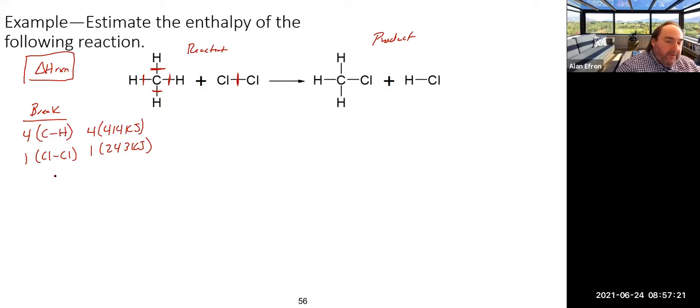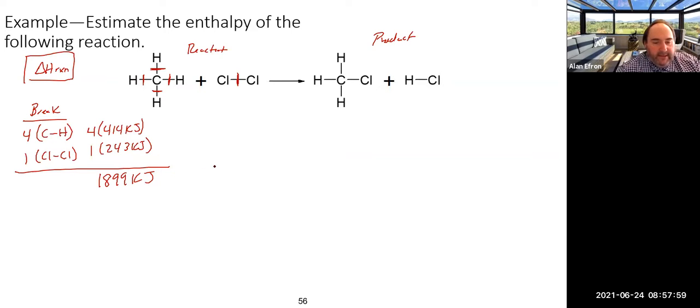This takes care of all of our breaking that's occurring here. So we actually could add it up. If we add it up, that is going to give us 4 times 414 plus 243, which looks like 1899 kilojoules in this case. We are then on the other side